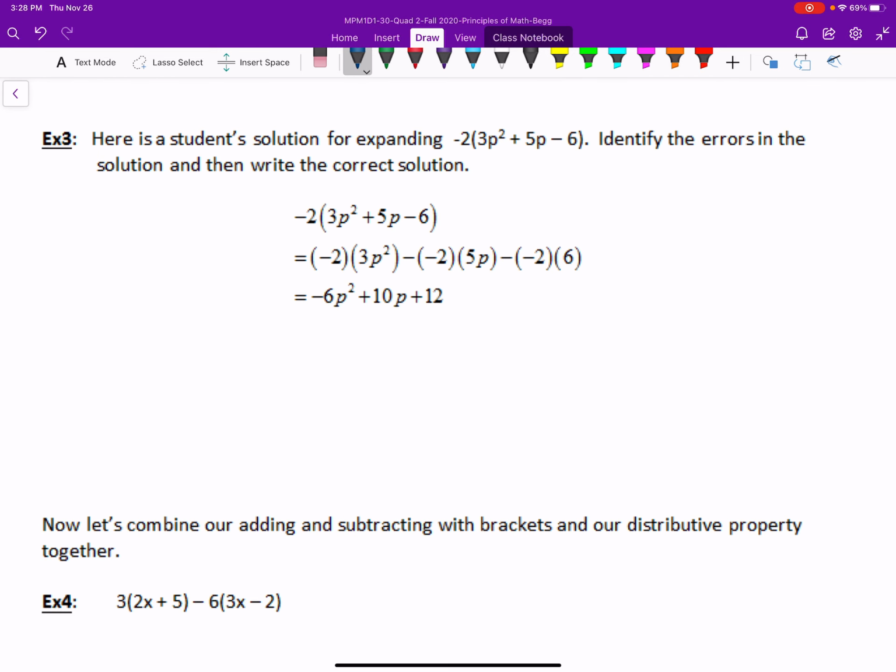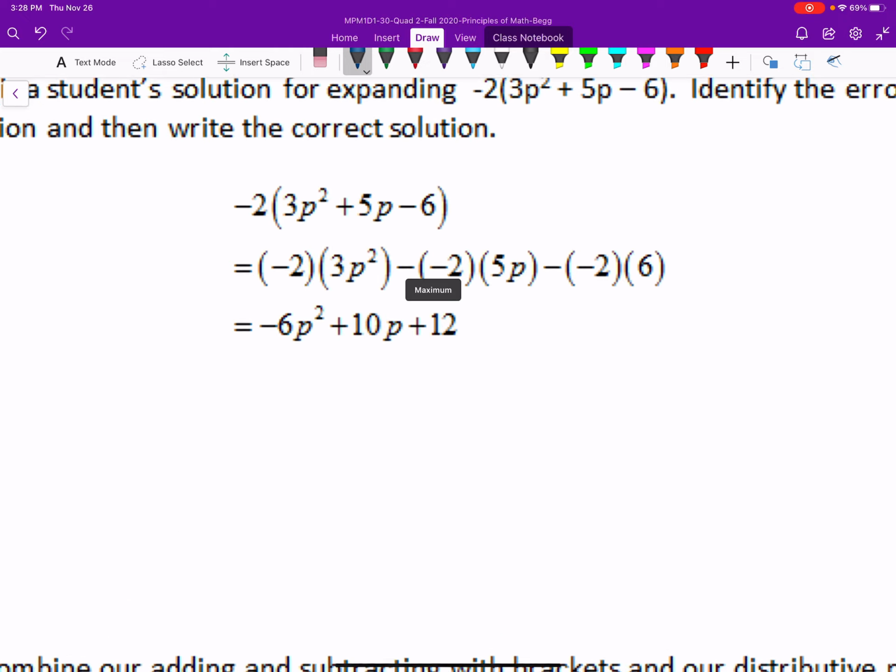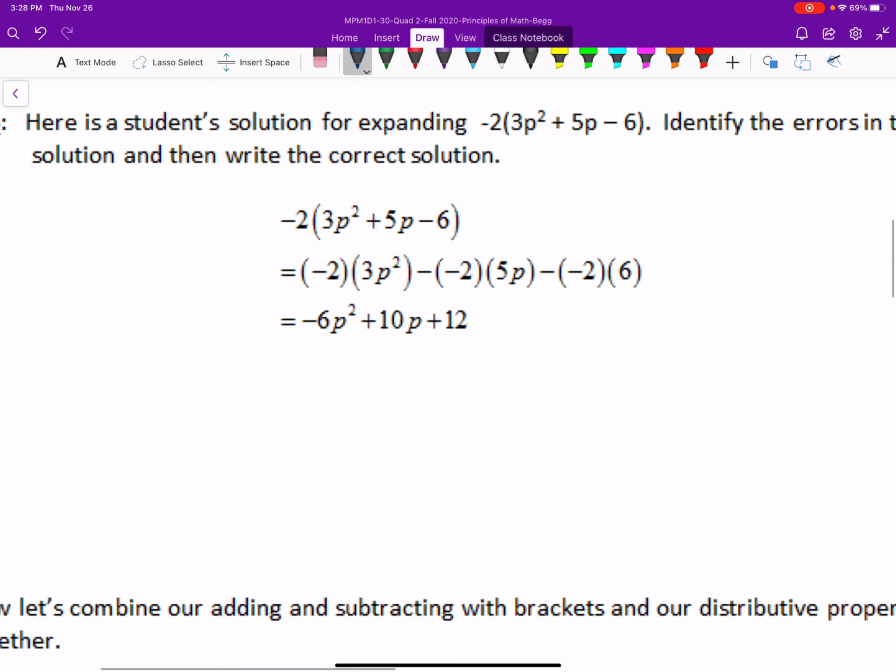I'm good now. Here's a student's solution for expanding negative 2 times 3p squared plus 5p minus 6. Identify the errors in the solution, write the correct solution. Okay, so remember, this is also something we've looked at before, something called the distributive law. What I'm really doing is distributing this negative 2 across each of the terms